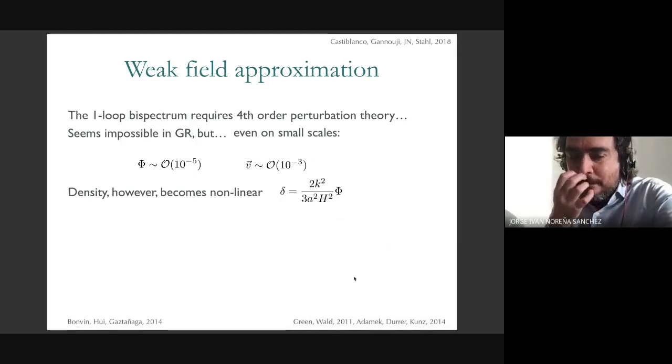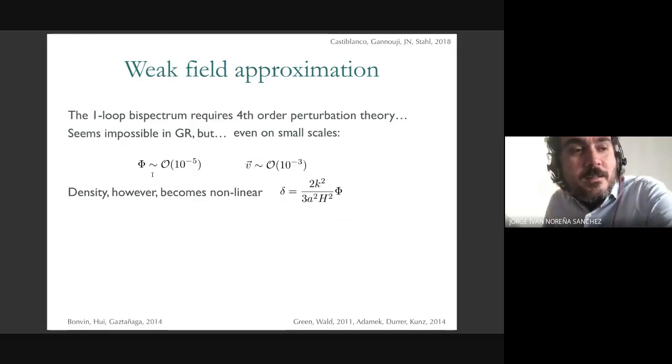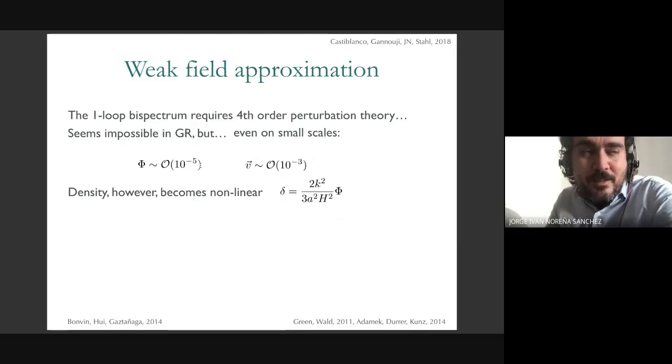What do I mean by that? So if you think about it, the metric perturbations are always small. Think, for example, in Newtonian linear gauge, Poisson gauge, if you want to call it like that. So the metric fluctuations are always small, of the order 10 to the -5, unless I go near a black hole or a neutron star, but that's of course outside of the scope of this calculation. And velocities are also always small. They are of the order of 10 to the -3 at most. So the metric is always weakly perturbed.